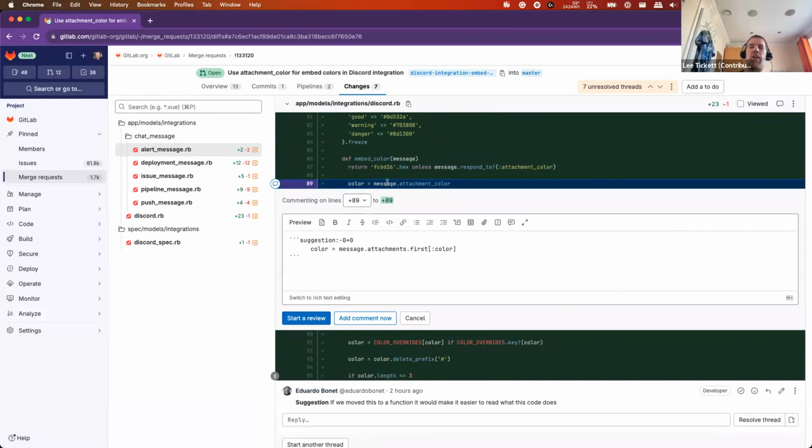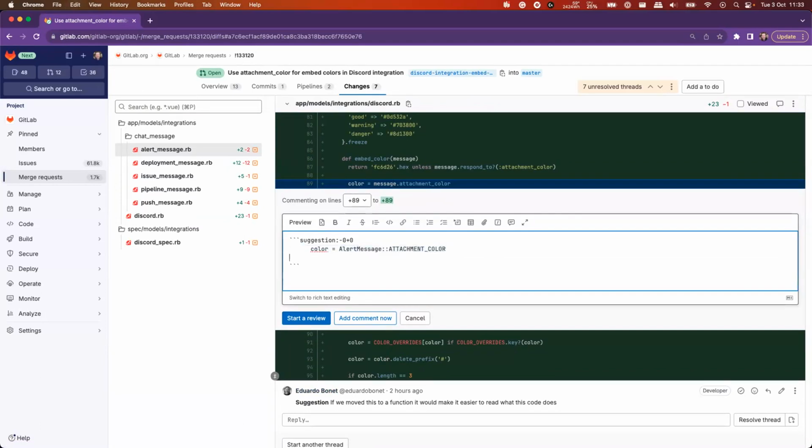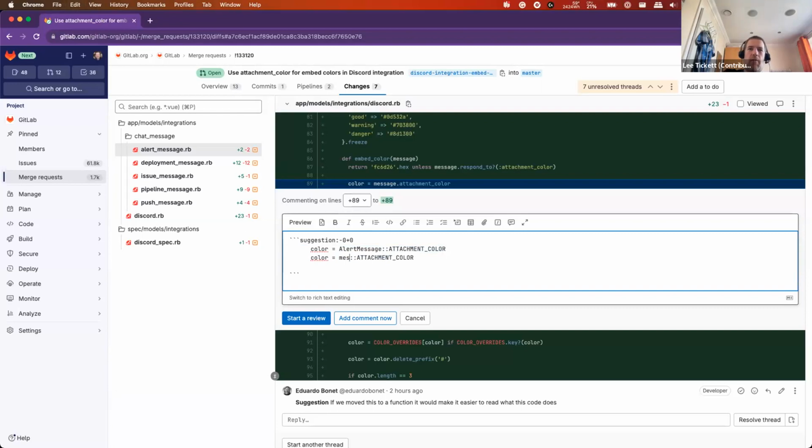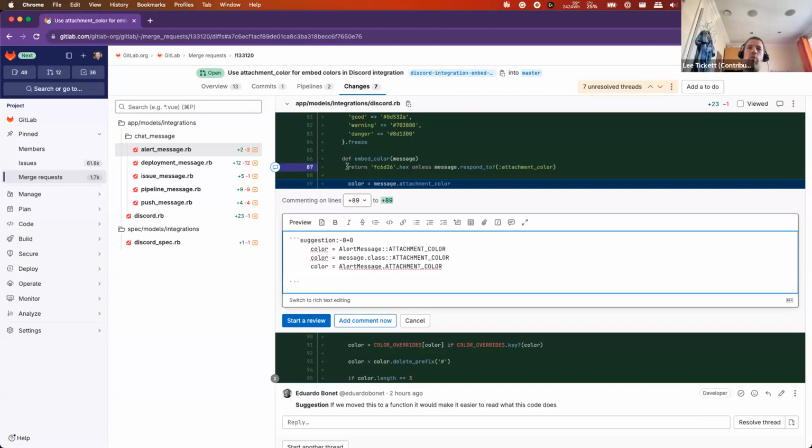No, no, because a const can only be accessed like, I don't know what it's called, like alert, message, attachment, color. You can't do that, right? Or maybe it works, because I've seen something like the upper, like the second one, in some specs using the described class thing. Maybe it'd be more like that. But that way we would have to deal with two cases, if the color is defined as a const or as a method, and fallback if none of those are present. But then you're already checking here whether it responds to attachment color, right? So